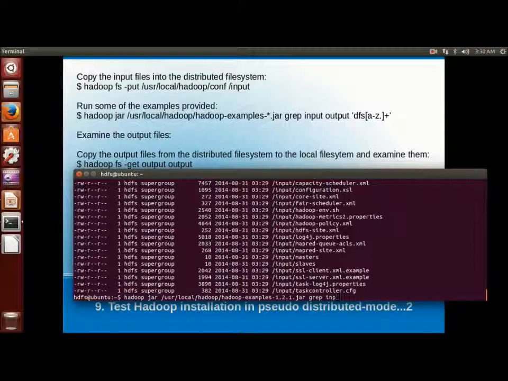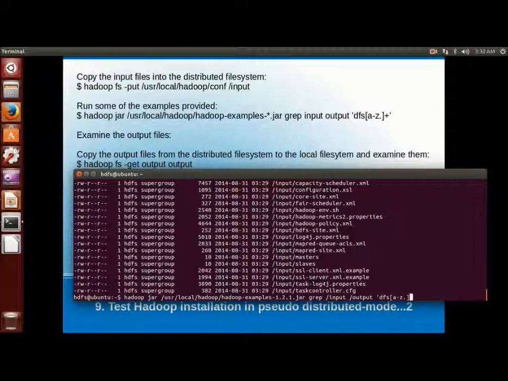Grep is a command in the examples jar, and the next arguments are the input directory, the output directory, and a regular expression to match lines in the files: dfs[a-z].